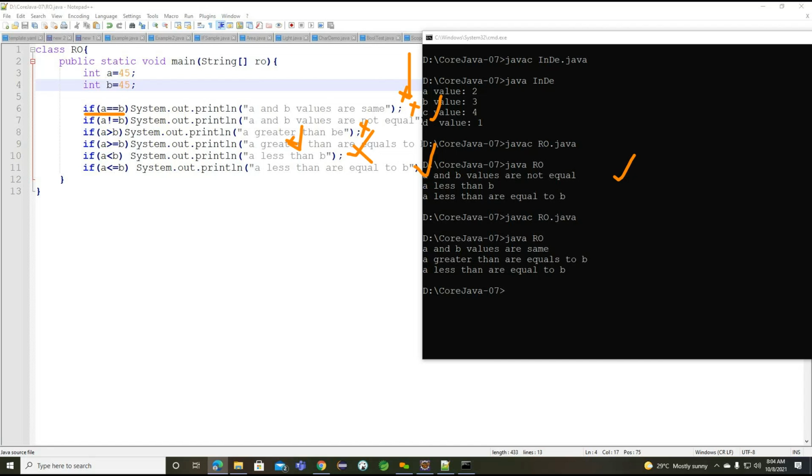Let's see how we can work on the logical operators here. To work on these logical operators, let me write here.